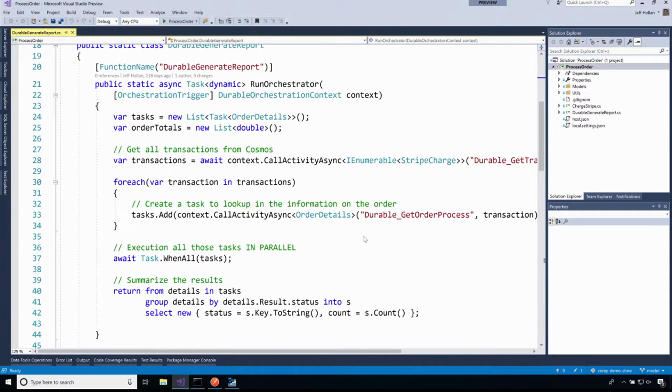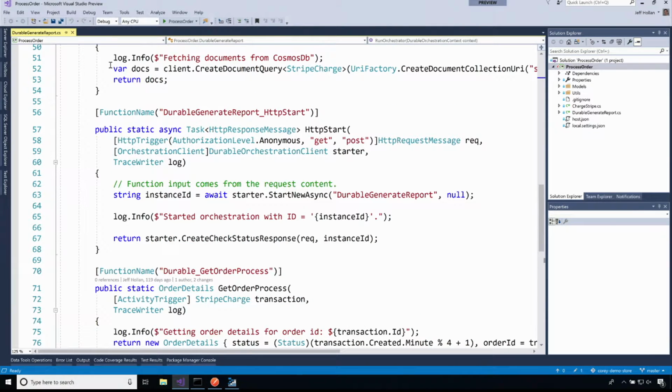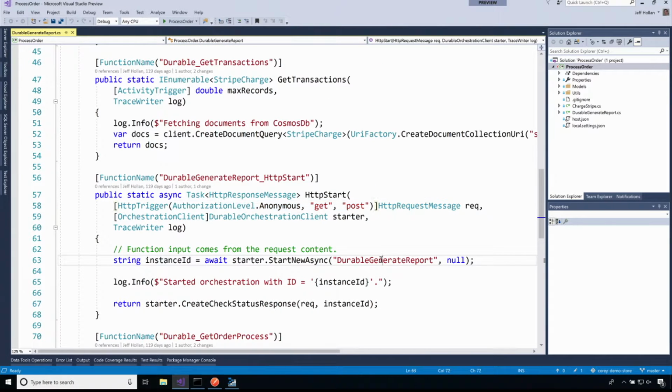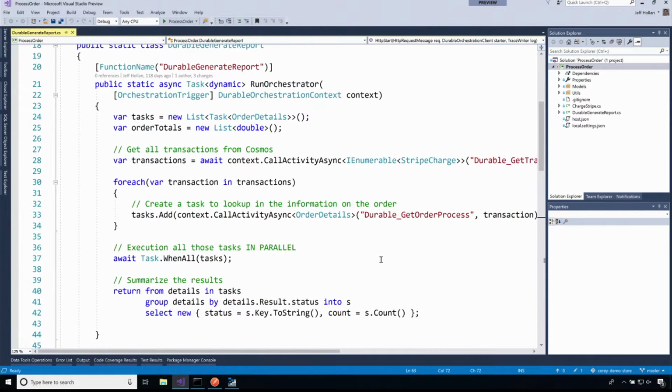All right, so here is that report generator as a durable function. I'm actually going to start here from the bottom again to peel this apart. I have here my starter function, same as before. I'm going to get an HTTP request that says, hey, go generate the report for me. That starter function is going to call the durable generate report orchestrator. So it's going to say, hey, go start this orchestration. That's all this code right here.